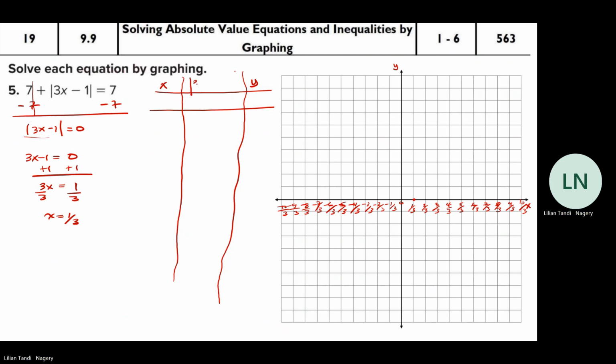So that 3, this will be 3x minus 1. Okay, so then I'm only going to use the numbers that are friends of 3. The other ones will give me decimals. So I'm going to use -9/3, -6/3, -3/3,